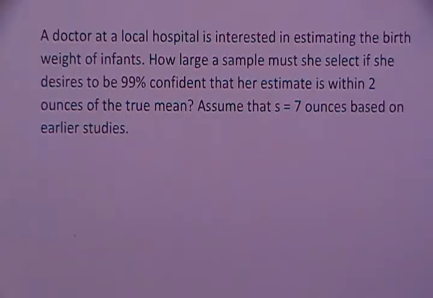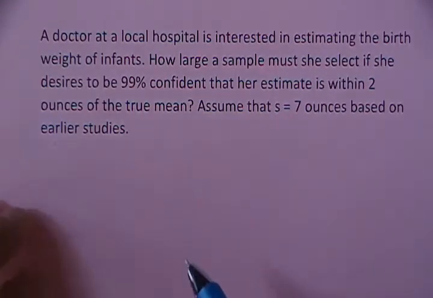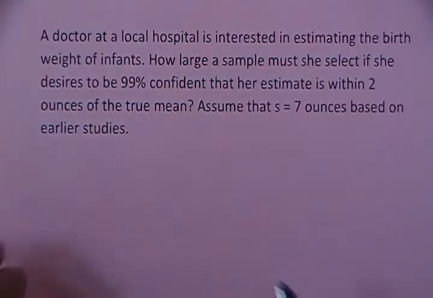So in this problem we have to find a sample size for 99% confidence, and we are given that the margin of error is 2 and the standard deviation is 7. In order to solve this problem, first we look at the formula that would help us to find the sample size, and that formula is n, the sample size,